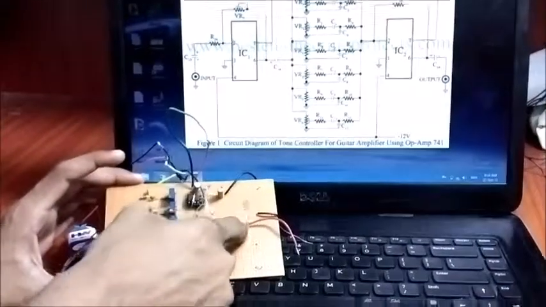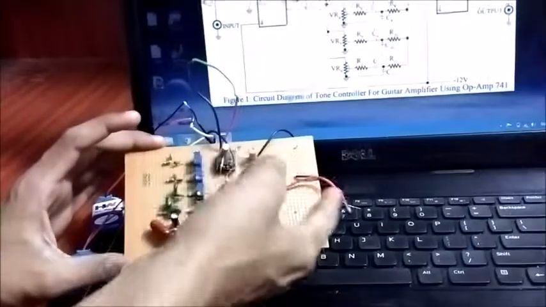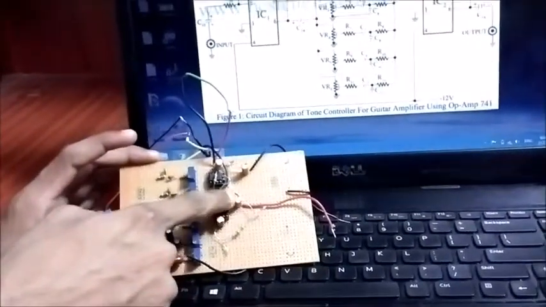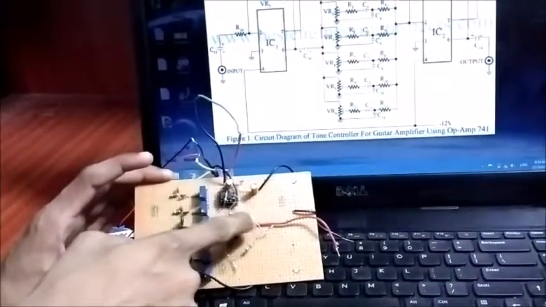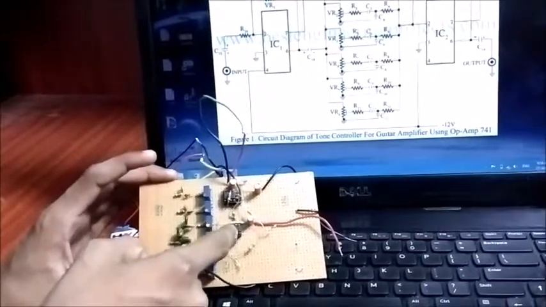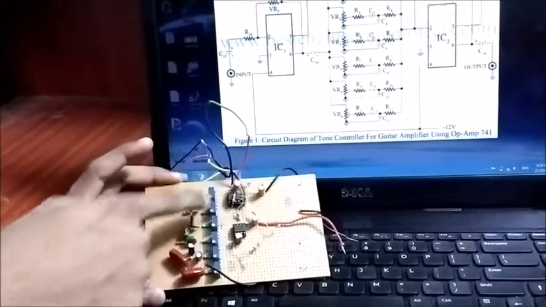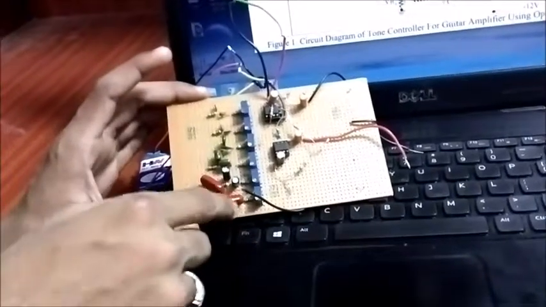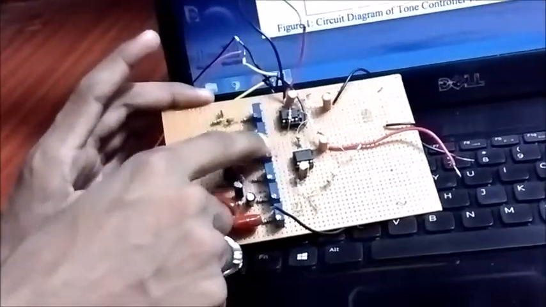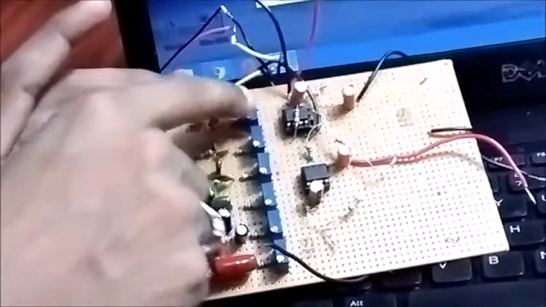Here is our PCB model. We give the input through this and it passes to the capacitor. The capacitor gradually charges and this will discharge to the op amp. When it is discharging through this, we get the 6 variable resistors. These are the potentiometers 1, 2, 3, 4, 5 and 6. The reduction in frequencies is 40 Hz for this, then 155, 625, 1.25, 6.25 kHz and 10 kHz through this.